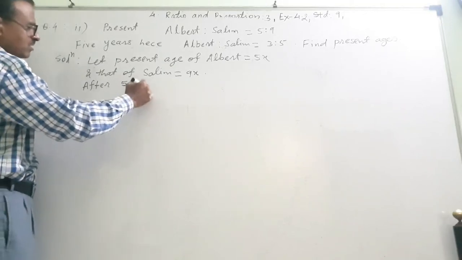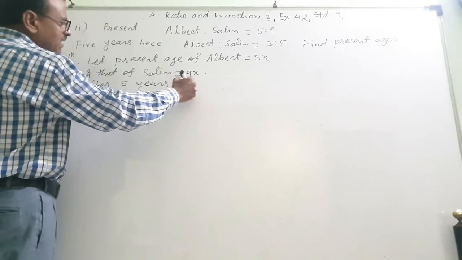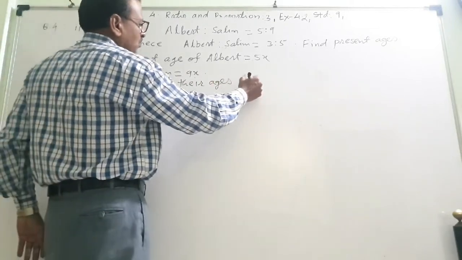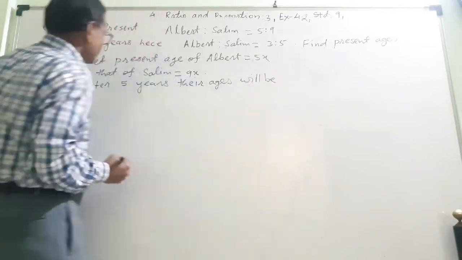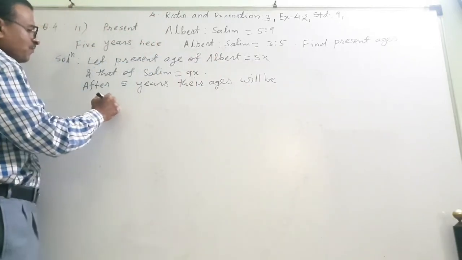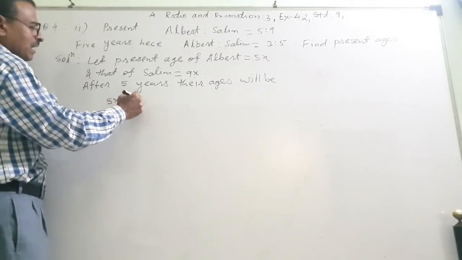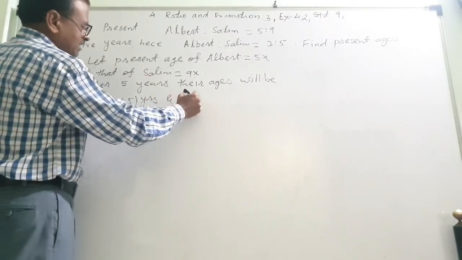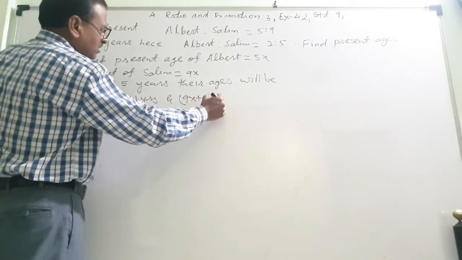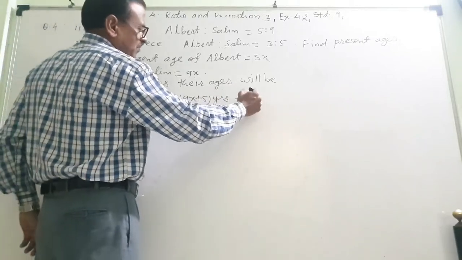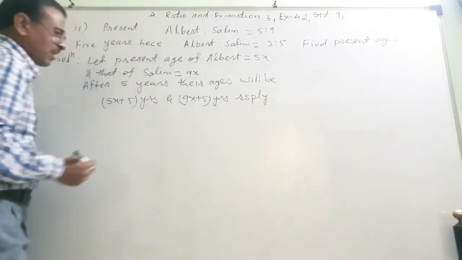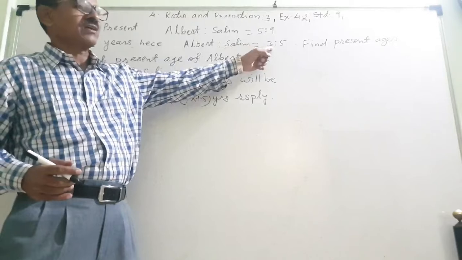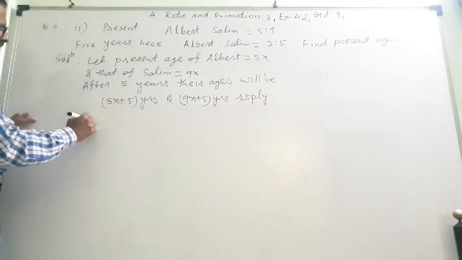After 5 years, their ages will be Albert 5x plus 5 years and Salim 9x plus 5 years respectively. Now this ratio is 3:5 after 5 years. By given condition,